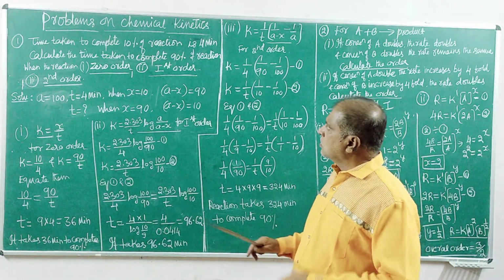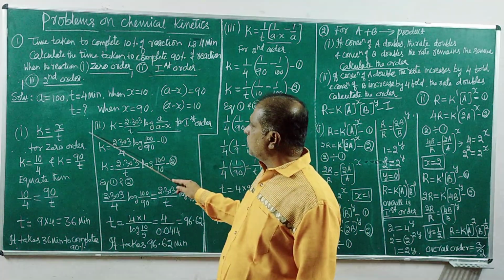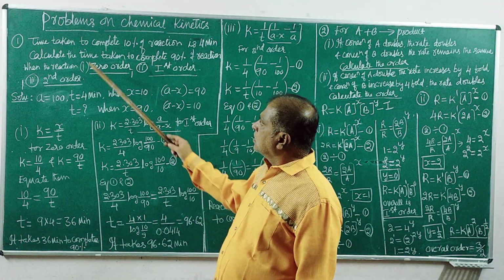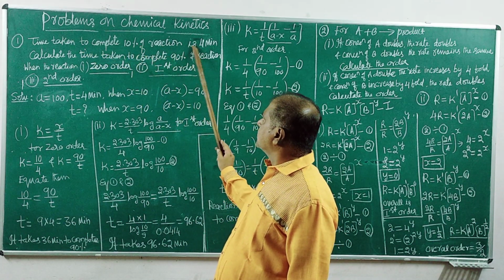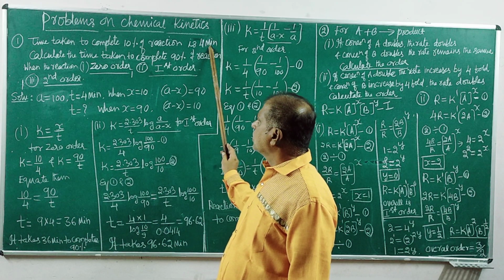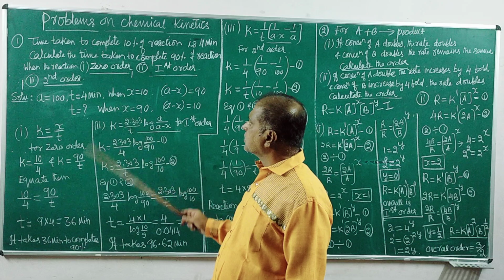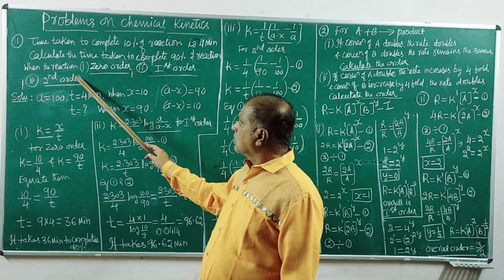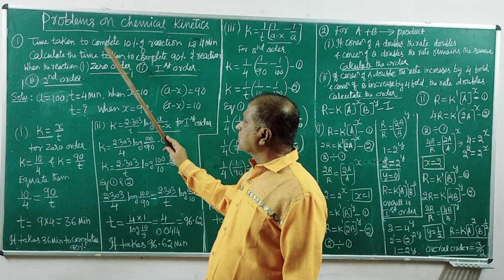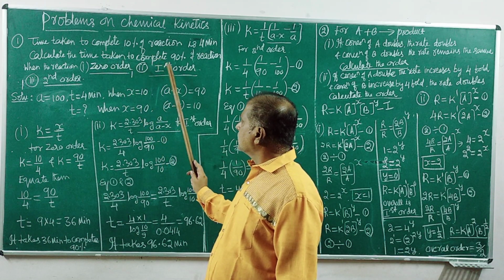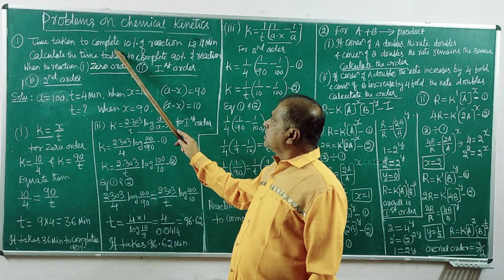So now the problem is set on these equations. The time taken to complete 10% of reaction is 4 minutes. Calculate the time taken to complete 90% of reaction. Here, with the same data, there are 3 different problems for zero order, first order and second order. First you write the given data